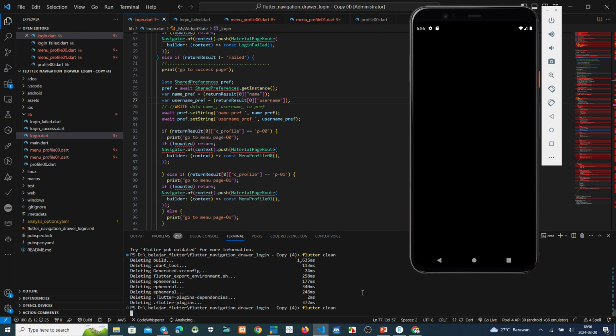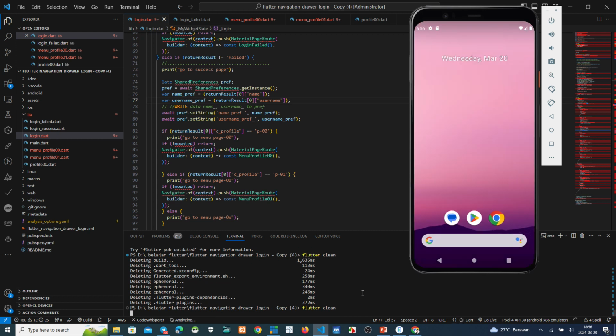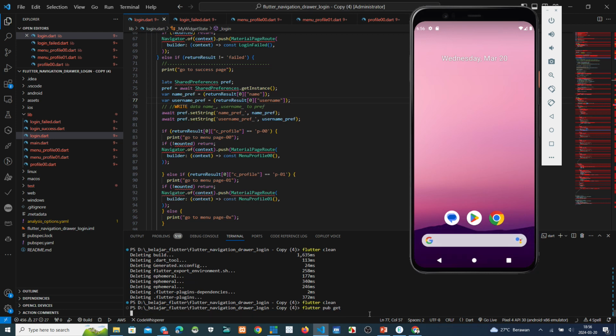And after that, moment please. After we make clean this, okay, now we pub get the package from the Flutter server.